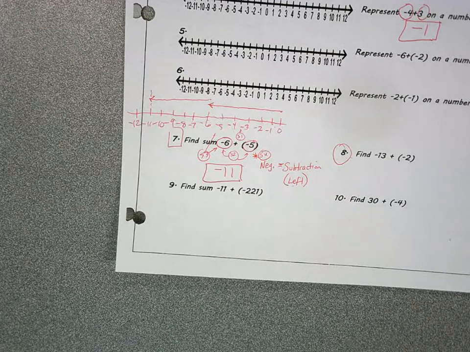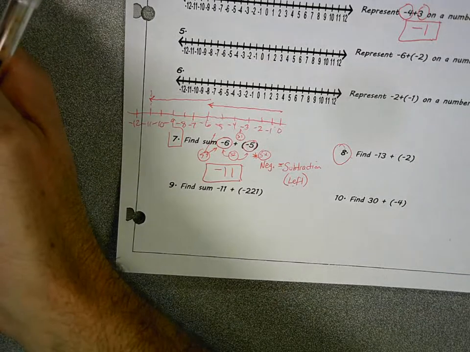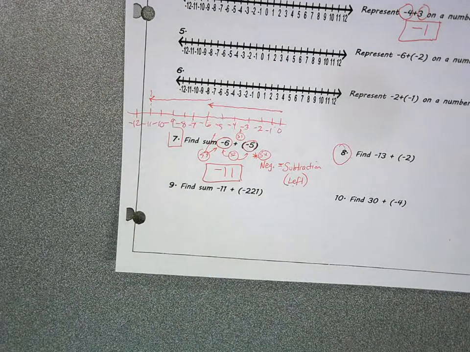I made number lines and I put 0, then I did the same thing as 0, and then I did 0 to 13 when I added negative 2. So you have to